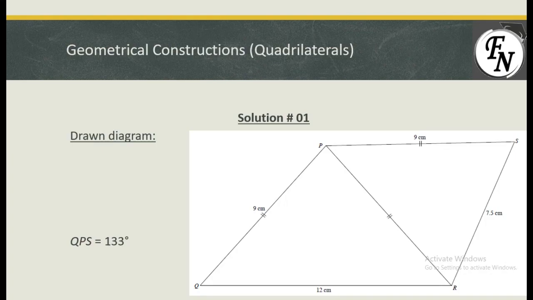So after the construction, we have a quadrilateral here. These are the 4 sides and 1 diagonal, which was given to us earlier, and we need to measure the angle QPS. So angle QPS. We can place a protractor here and we can measure this angle, and this angle will turn out to be 133 degrees. And as you can see, this particular shape is not following any property of any specific quadrilaterals which we know the names of, such as trapezium, parallelogram, and other ones. So it is just a quadrilateral with an irregular shape.